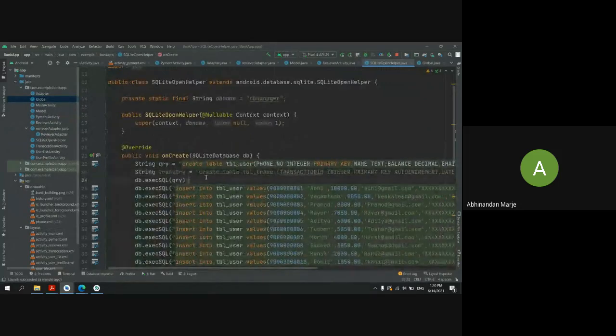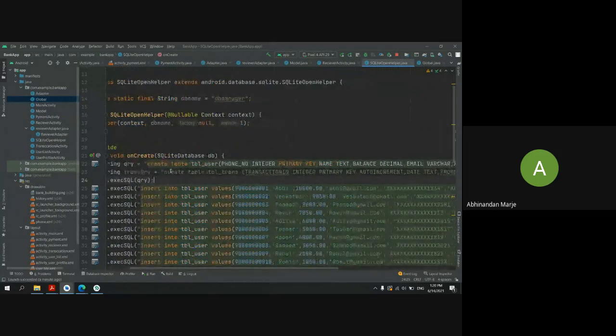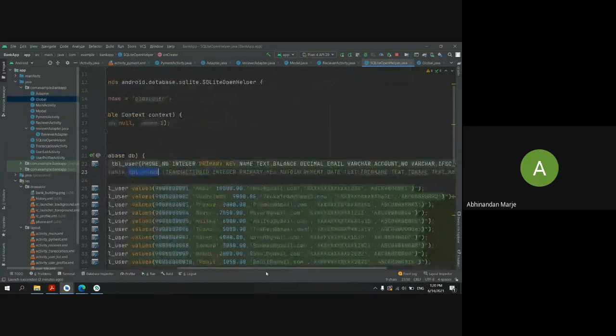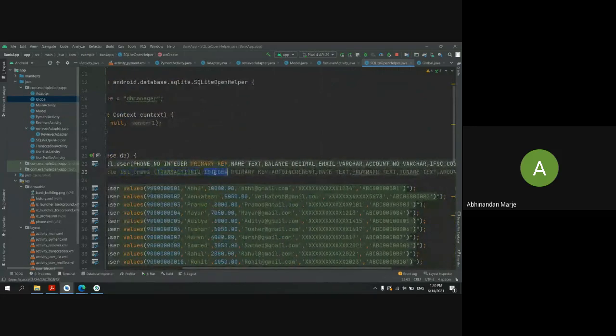And here I'm making the same type, like when we created our user table, we are creating the same table here. We are mentioning create a table with the name table transactions. Then I'm passing a transaction ID, which will be an integer and a primary key for our database, and it will be auto increment, right?